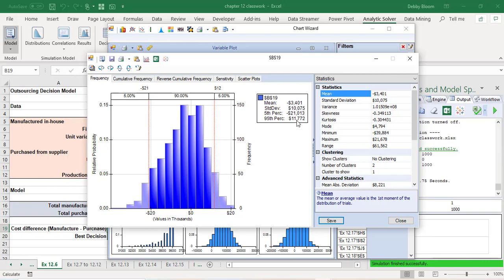our standard deviation. Now the 5th and 95th percentile gives us our confidence interval. So what we know is that 5% of the observations are below negative 21,000, 5% of the observations are above 11,000, so this is a 90% confidence interval. Now we have our minimum and maximum values, we have our range of values,